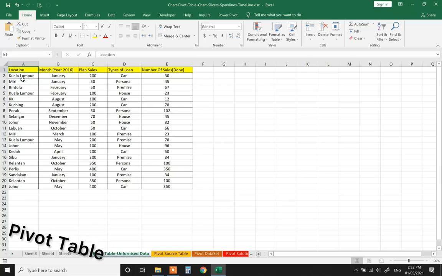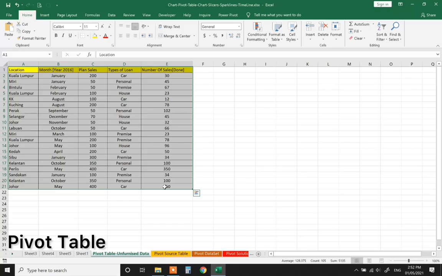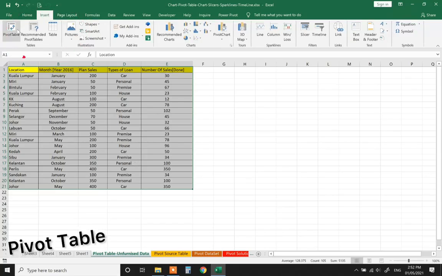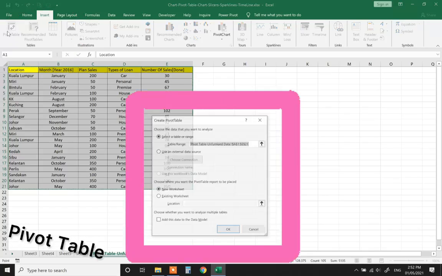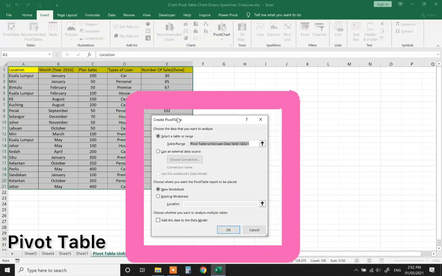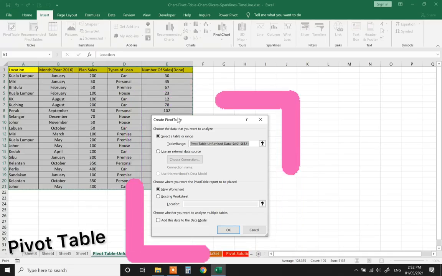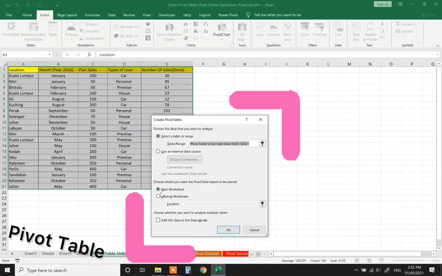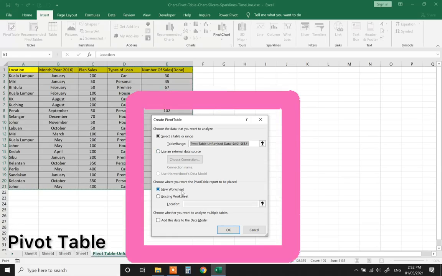Okay, so from this data, if we want to learn to get the pivot data, first you will need to select from A1 till E21. Go to insert, you will see pivot table. Once you click the pivot table, you will be asked to create pivot table. For this practice, I am going to create a table in a new worksheet.